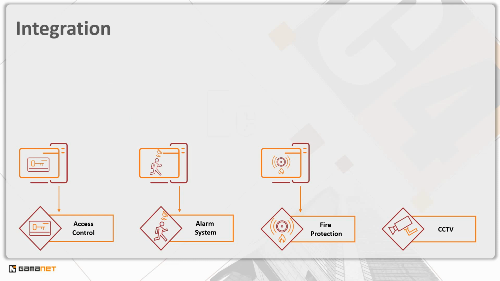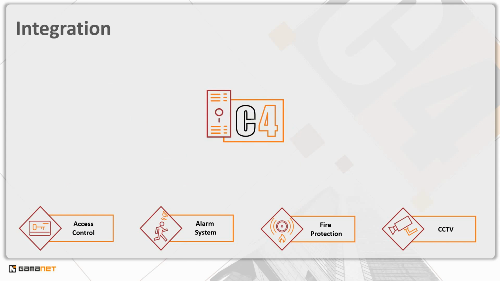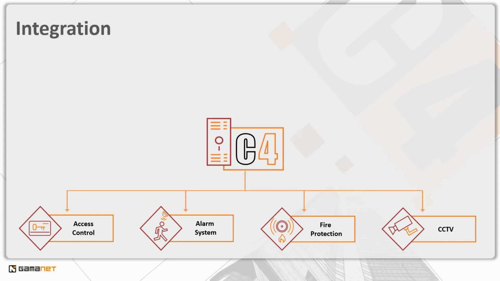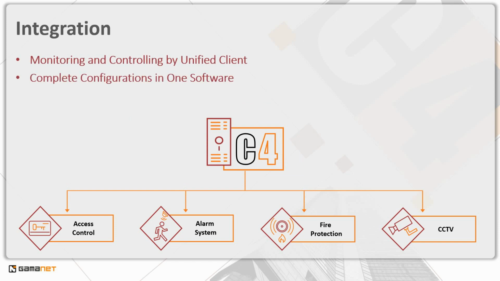What solution does the C4 system offer for such situations? The C4 system replaces to its maximum extent the original vendor's software and provides central management of connected devices. With the C4 system, the operator only watches one monitor, operates one software, one configuration, and pays one security system maintenance cost. In case of modifications, such as construction changes, office layout alterations, or a replacement of tenant, all these changes are implemented just once. These are performed via one application that registers events from all technologies, manages and configures individual devices.